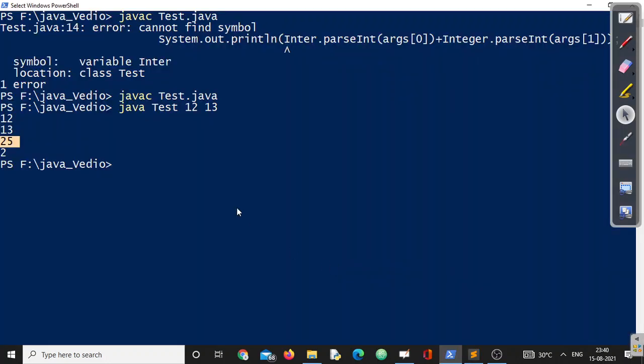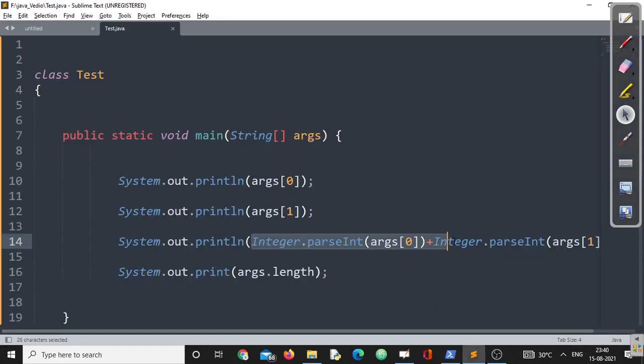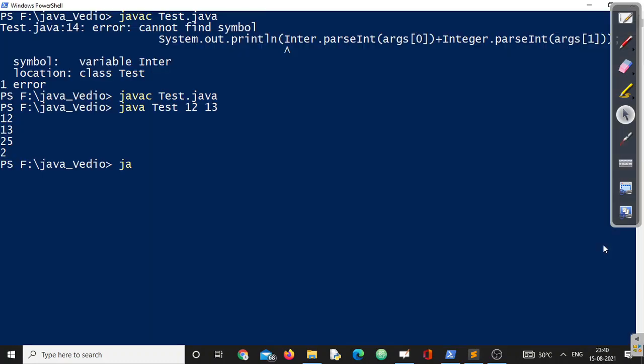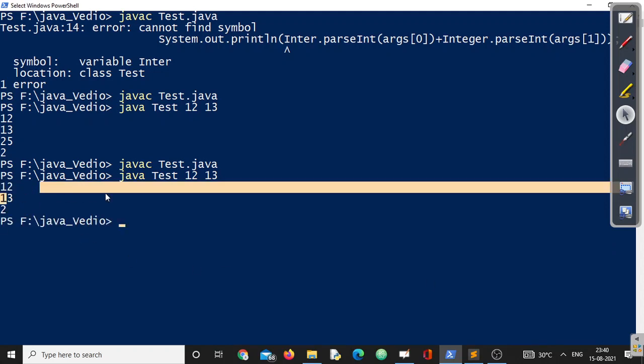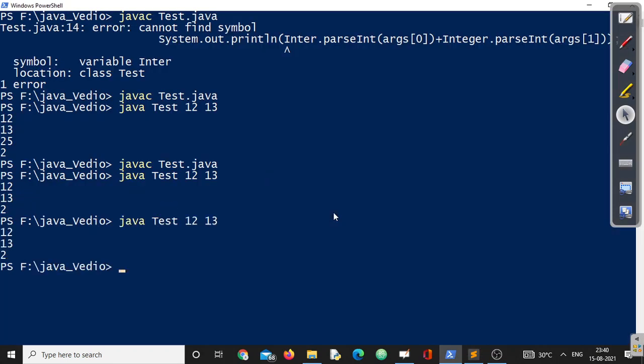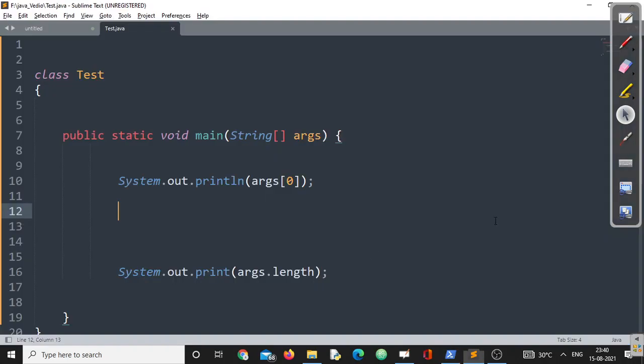One last thing I want to share with you. Let me clear all these things and tell you the difference. Now let me compile this program first. The code compiles absolutely fine. Now if I write java test 12 13, you can see I'm getting 12 and 13, right? Let me go with only one parameter, not two parameters. Compile the program. Now if I pass 12 and 13, I have only displayed 12 because I have not written